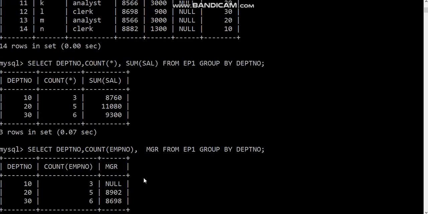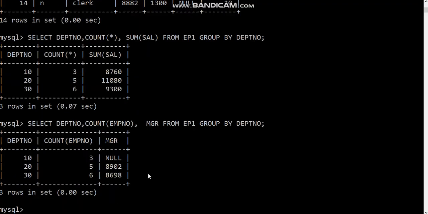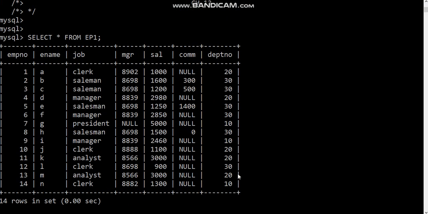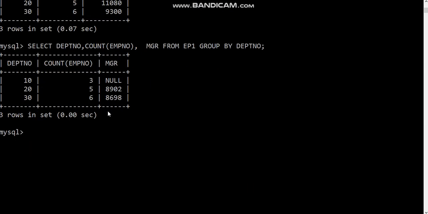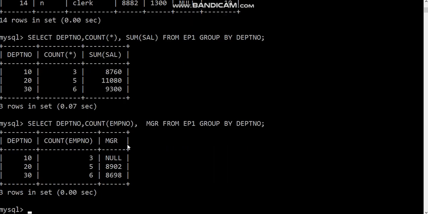For 20, the first 20 is here, and its MGR value is 8902. So it is 8902. There are many other 20s also, but it will take the first one. Next is your 30. There are 6 entries, but it will pick the MGR value of the first 30 row, that is 8698.